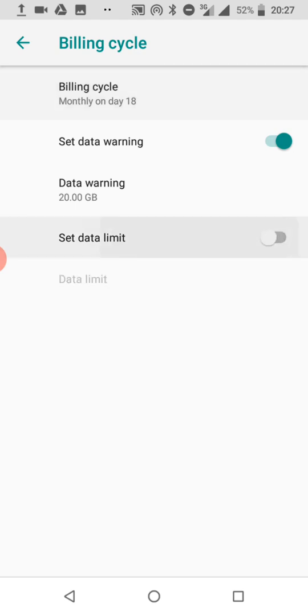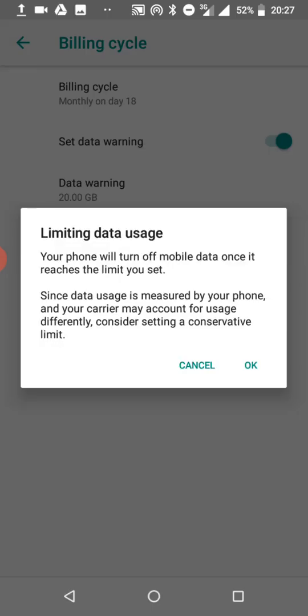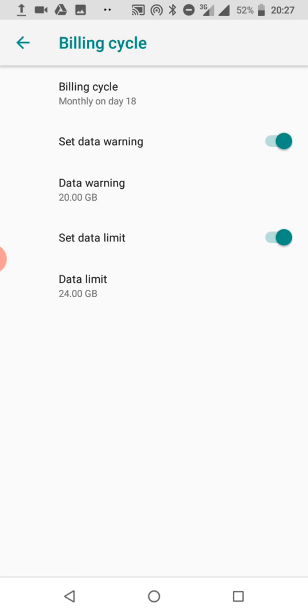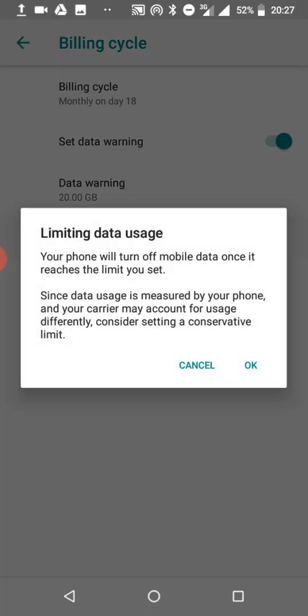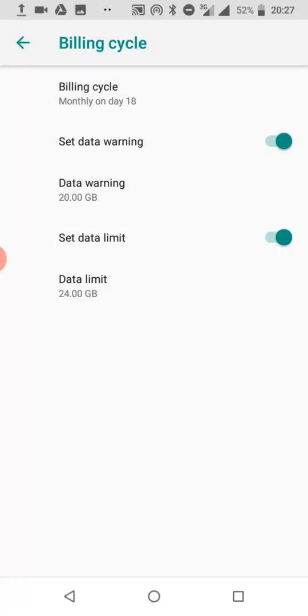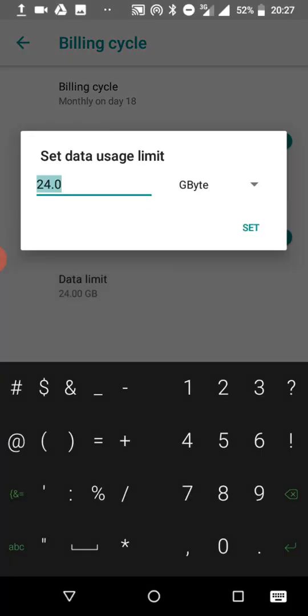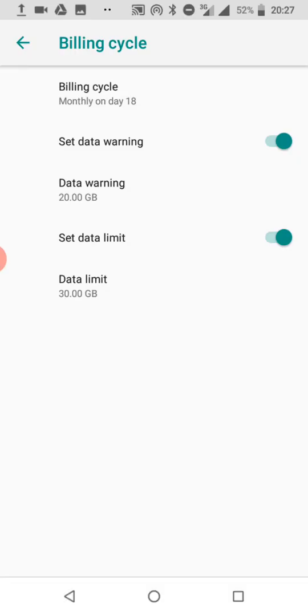I turn it on, then I'll be asked, your phone will turn off mobile data once it reaches a limit. So if you set a specific limit that when my data consumes this amount of data, it should automatically be turned off, that will happen. So you type your data limit. If I want 30 GB, then I'll set that 30 GB. So you do it for both of your